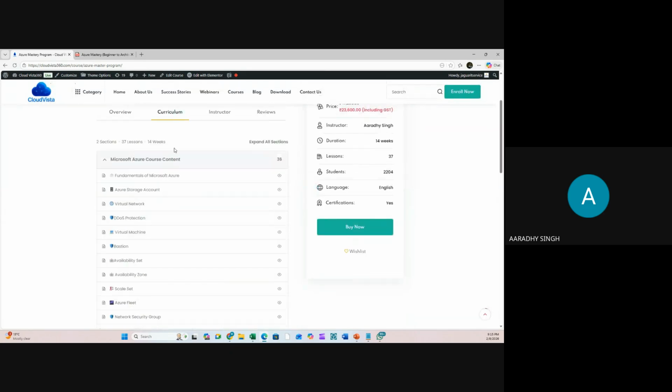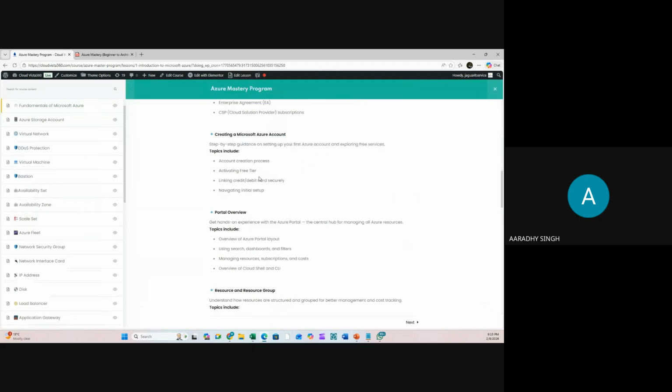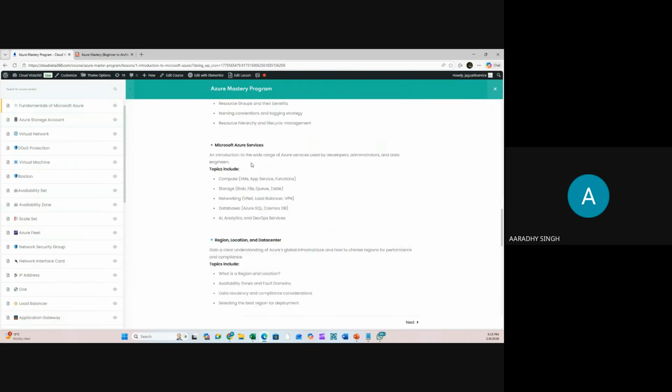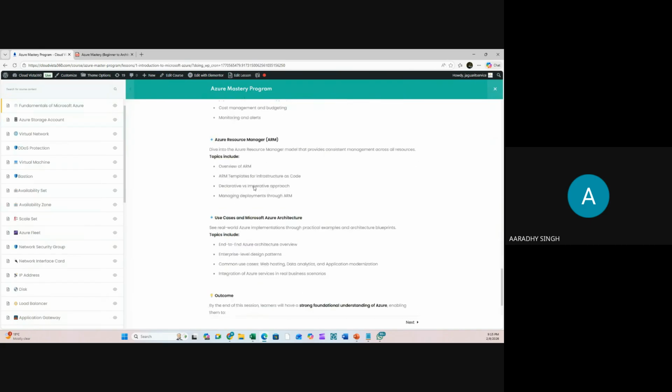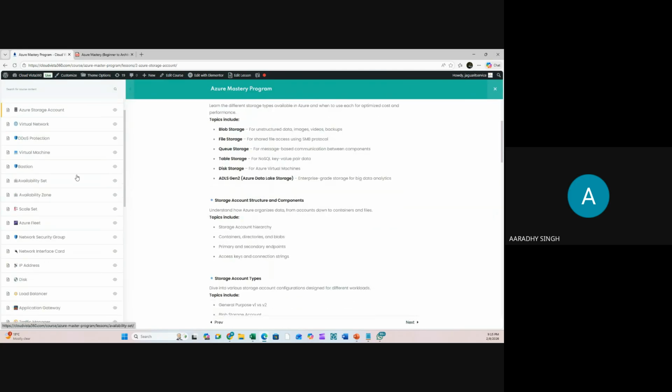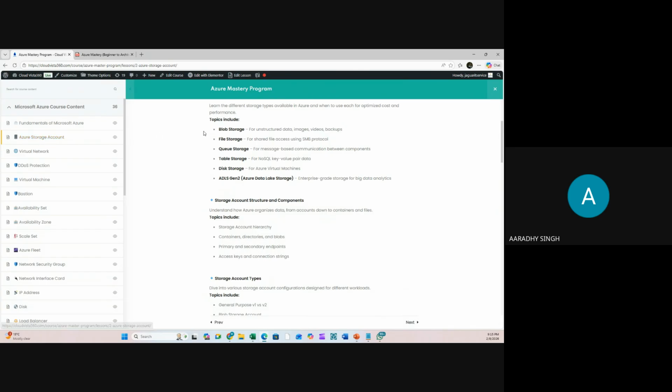One more point here, in case you want to check the curriculum, like which day and what I'm going to cover. I cannot mention everything here, but at least an overview will be available. For example, on the first day I'm going to cover all these things in detail. There are a few topics I'll cover in 3 days. For example, storage account here is one entry, but actually there are multiple types of storage options: Blob storage, file storage, queue storage, table storage, disk storage, and ADLS Gen2. We have 6 types available, and I'll cover this topic in 3 days, minimum 9 hours.